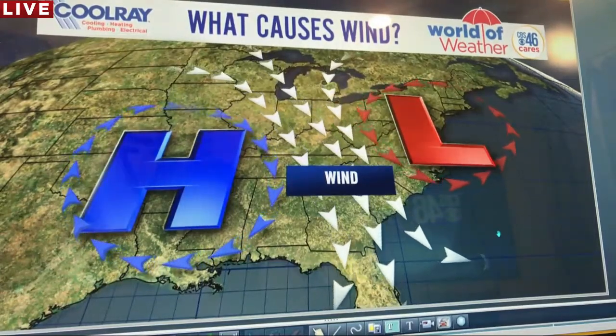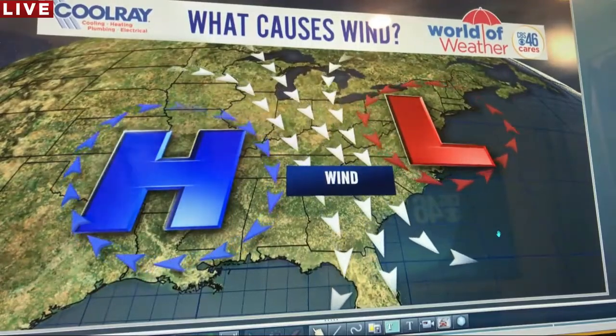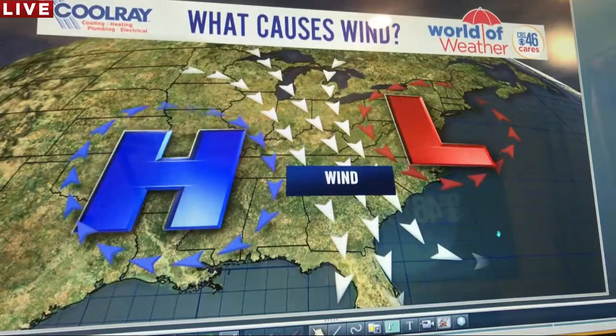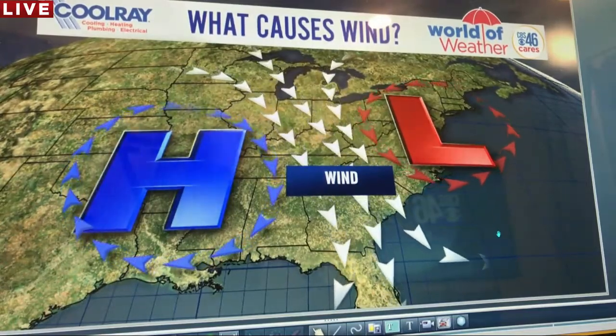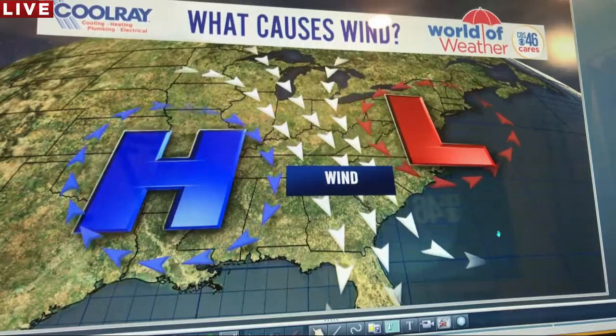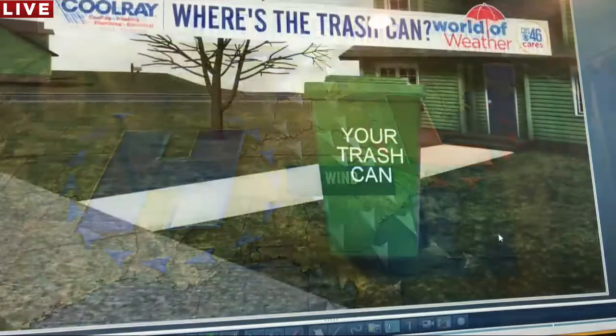So you'll start noticing on windy days when you watch my weather forecasts, or if you look at something called a surface map, and a surface map is where you see the actual fronts and the high pressure and the low pressure, you'll notice that on windy days, we have very strong high pressure or low pressure, and they're very close to one another. And that's what causes those strong gusty winds.